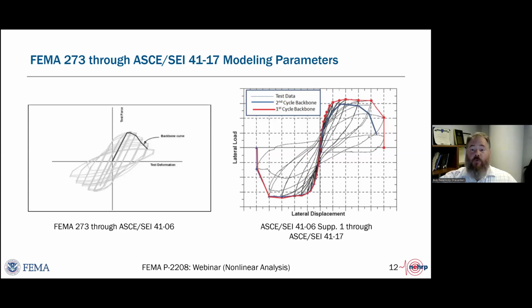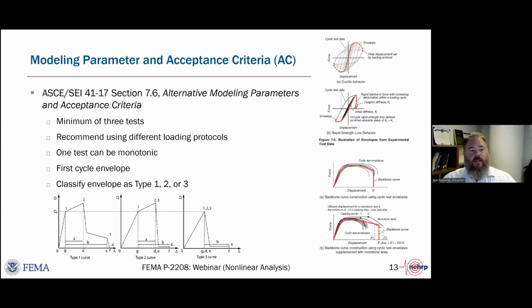So recommendations were made and changed in ASCE 41. One of the challenges is that the question is, where would you find this? And I think many people did not know that there is section 7.6 for alternative modeling parameters and acceptance criteria that set forth the procedure by which you would take hysteretic testing and create a nonlinear backbone curve.